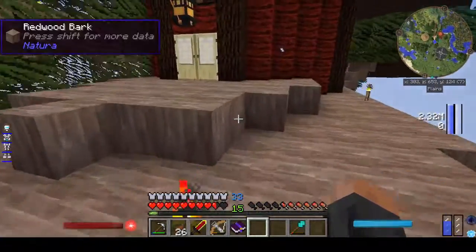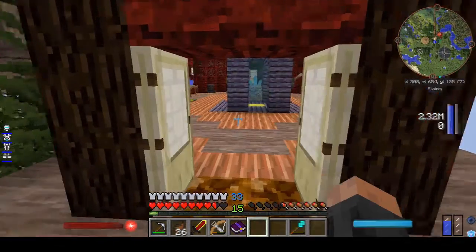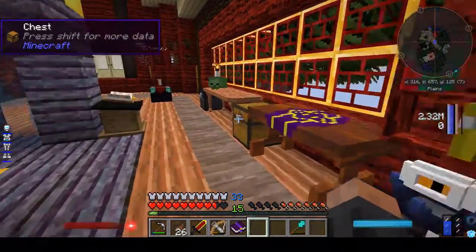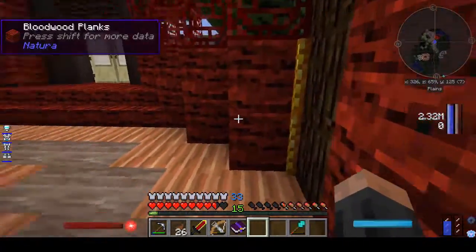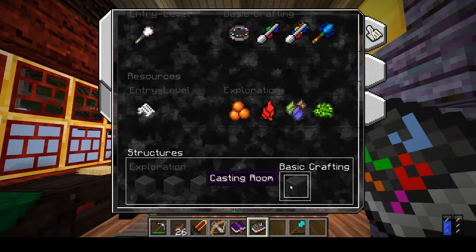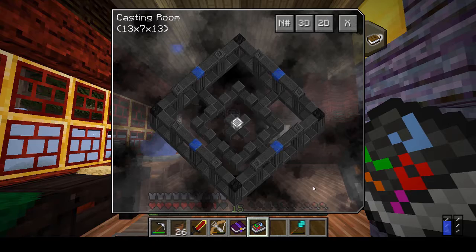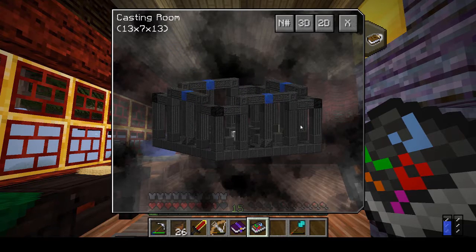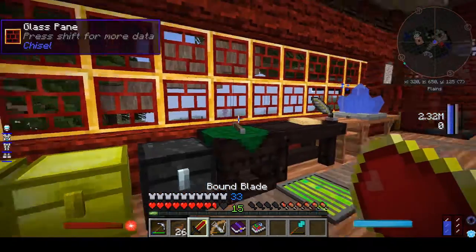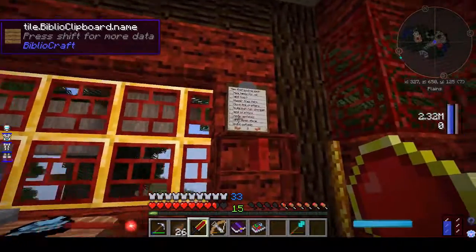So I have gotten everything from this trip that I wanted to. Most of all the oil, of course, and I got myself some mana beans, which I can grow more of now, since I have a magical forest area started. And also, I now have the schematics for a casting room, which means soon I will really be able to put this casting table to work. I'm really eager to do that, but